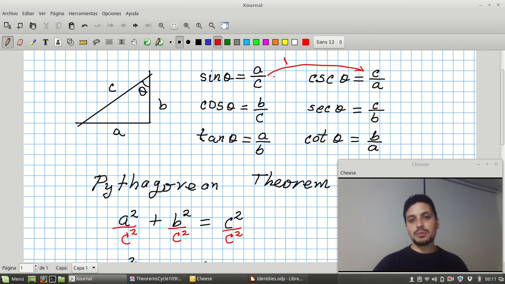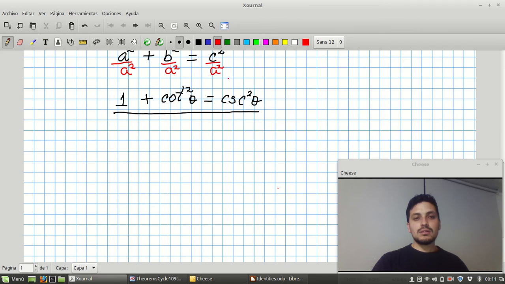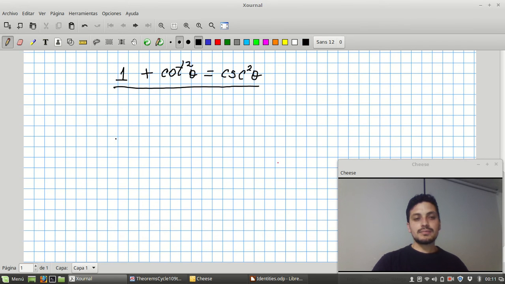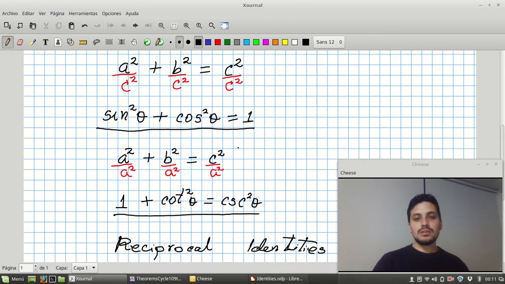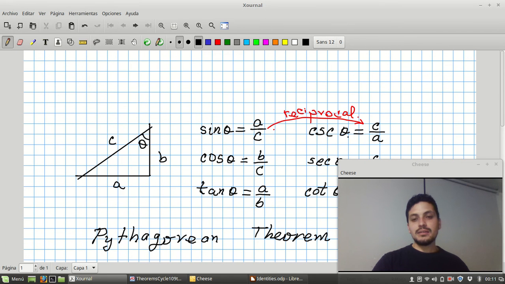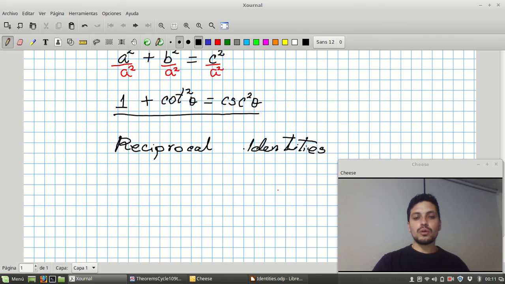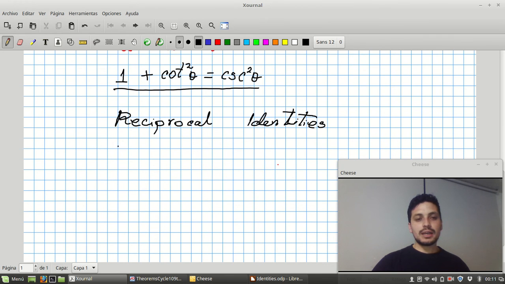Okay, we have the reciprocal. So as we have the reciprocal, we just need to say that reciprocal identities. Okay, so we just need to say that sine is the reciprocal of cosecant, or cosecant is the reciprocal of sine. So I can say that